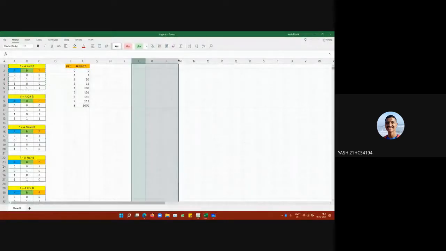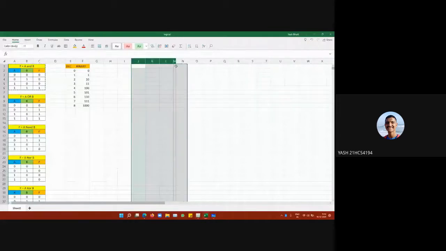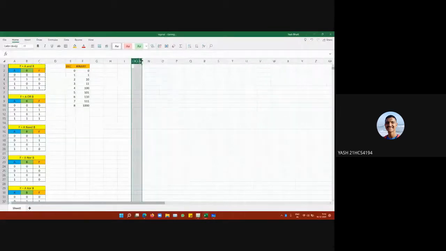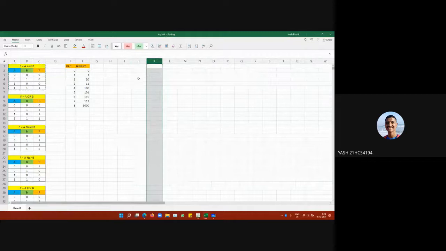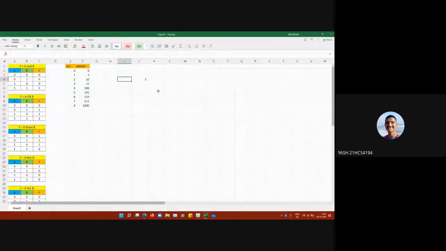I think 3 columns would be enough. So for 5, and then in the other column I can write 6. For 5, the value is 101, and for 6 it is 110.